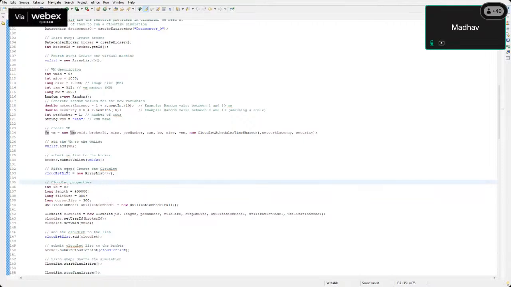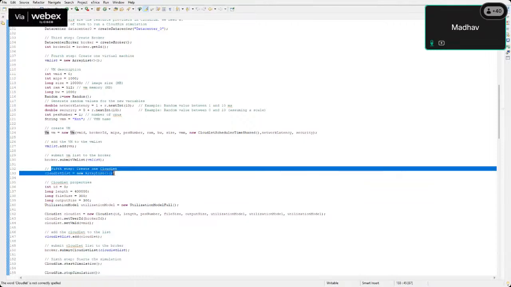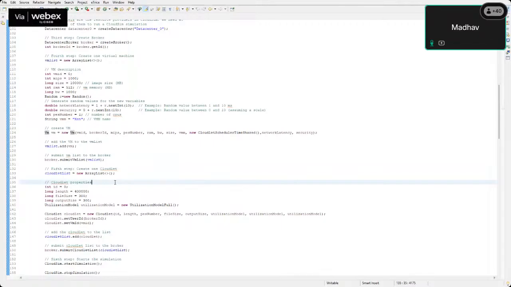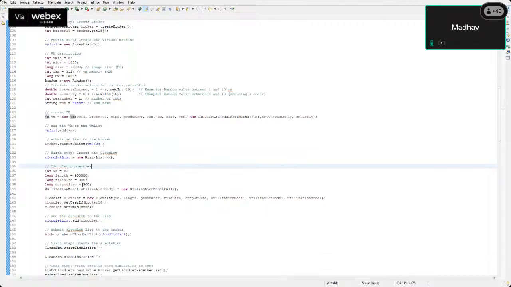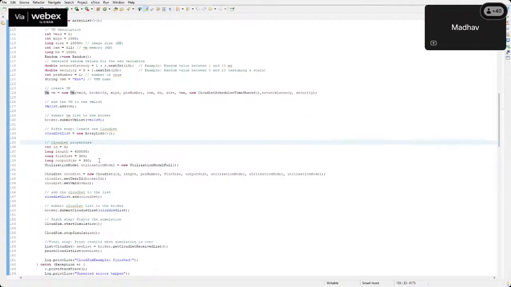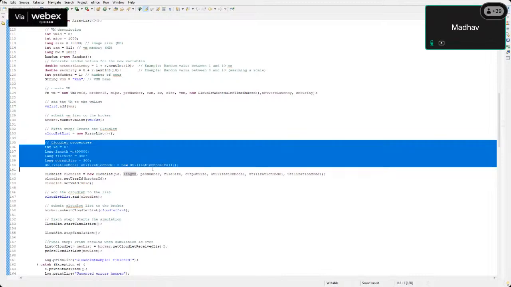Now we come to the fifth step, which is to create a cloudlet. Means every time we have to create a cloudlet. So for that, we have assigned the properties of the cloudlet. Here ID is 0. It means for a unique cloudlet, we have to assign the ID, because every time a cloudlet comes to the virtual machine, it has its own ID, own length and file size. So these values are already initialized in the CloudSim simulator. We don't have to change these values, but according to your own needs, you can change these values